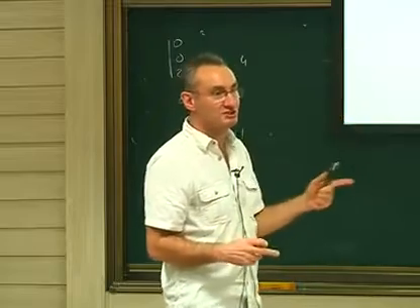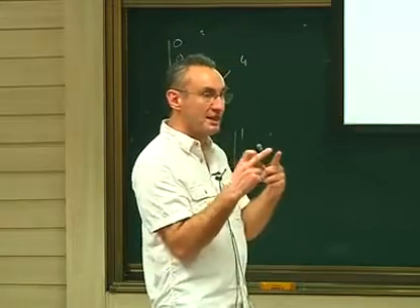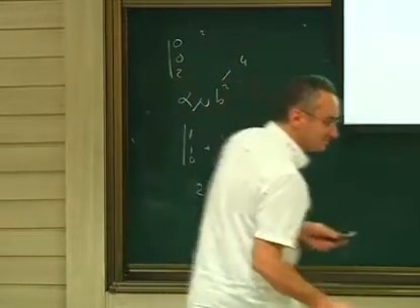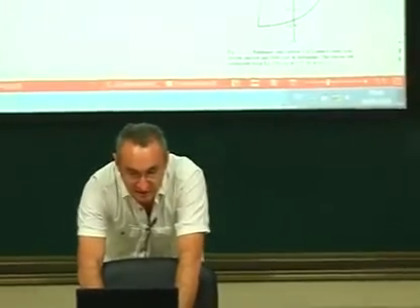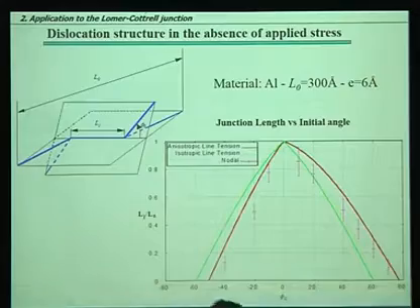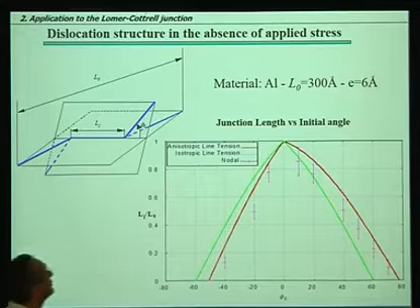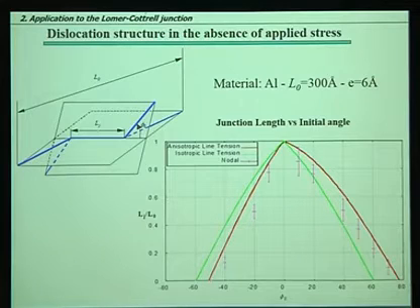This is the slide which is missing. I don't show you here the length, or I can show you this if you want. The length of the junction is very small. Here, typically, you can have an idea of it, but this is only the Lomer lock. I have another slide I can show you maybe after the lectures, if you don't want to waste time.